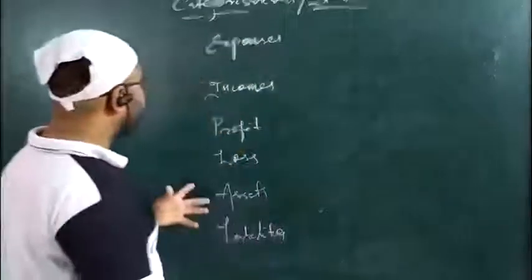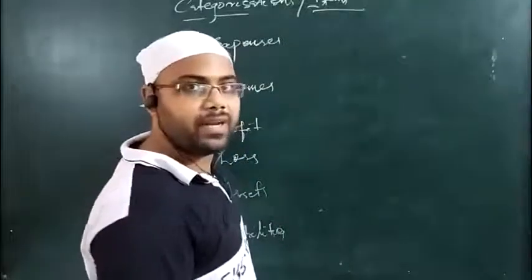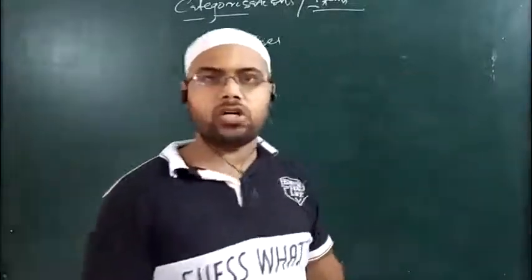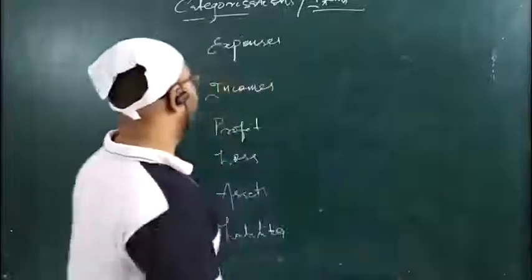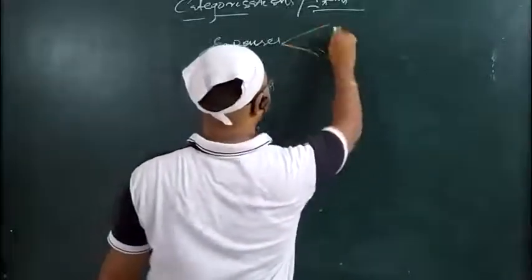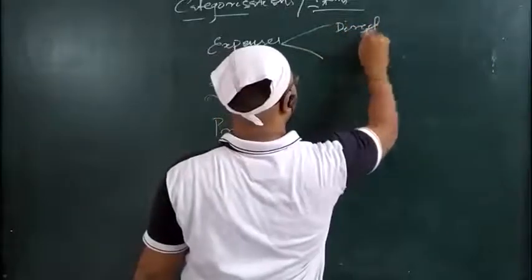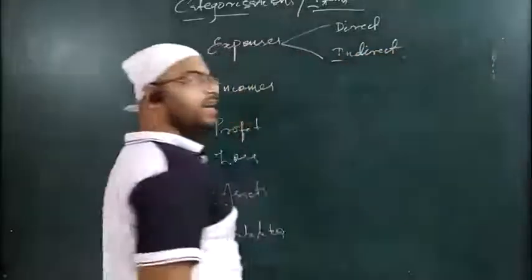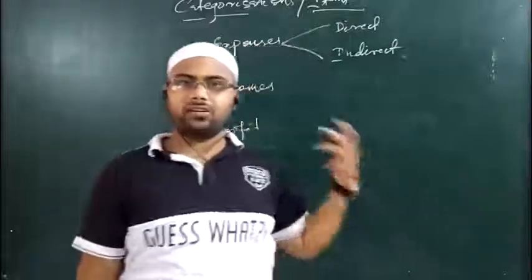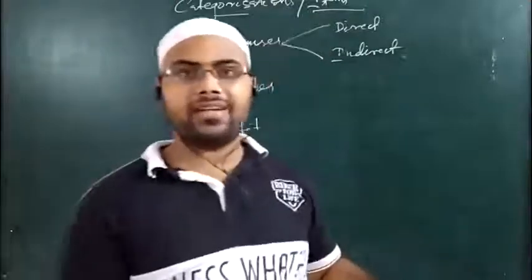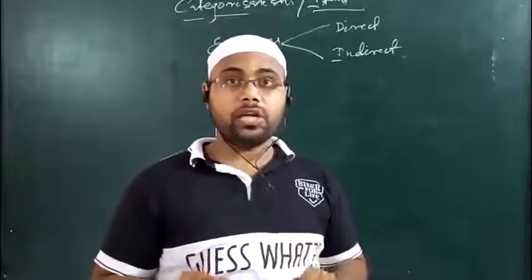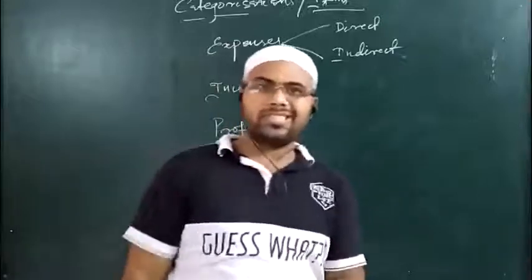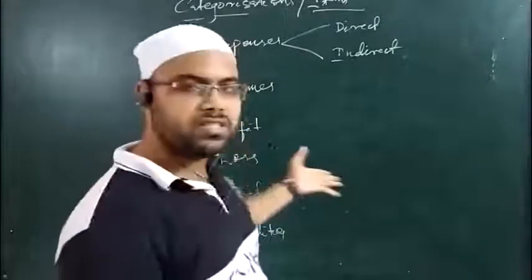So before, I told you expenses. When we are preparing final accounts, we should know what expenses are. Expenses are short-term payments made by a business organization for different activities. Expenses are of 2 types: direct expenses and indirect expenses. Depending on the nature of the expense, you have to post it into the respective financial statement. Remember, I told you that in the second part I will tell you how to prepare financial statements and how expenses and incomes are arranged. Now I am giving just a general introduction to what sort of expenses and income exist in a business organization.